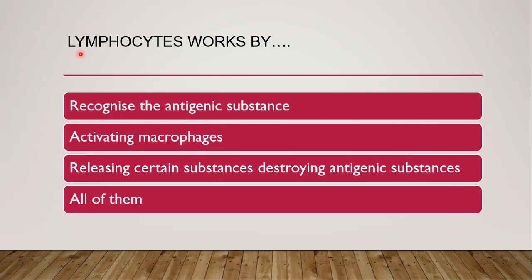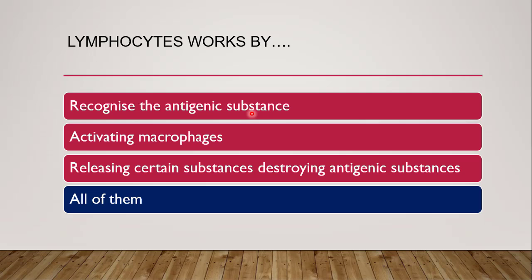Next question: lymphocytes work by recognizing the antigenic substances, by activating the macrophages, by releasing certain substances which destroy the antigens, or all of them. The correct answer is all of them. Generally, in case of T lymphocytes in cellular immunity, these will first recognize the antigens and they will produce and secrete the antibodies, and